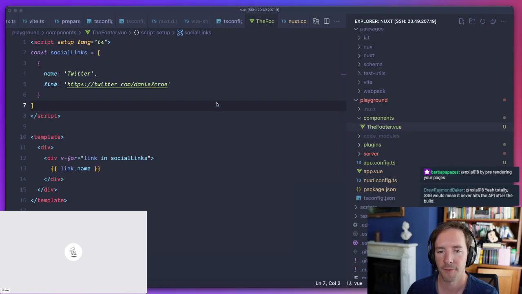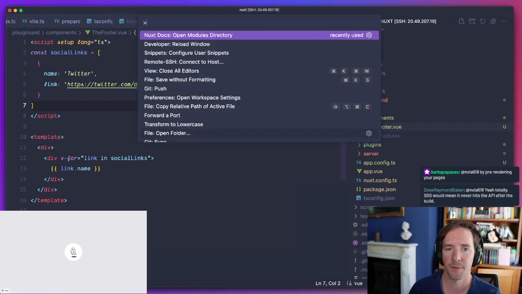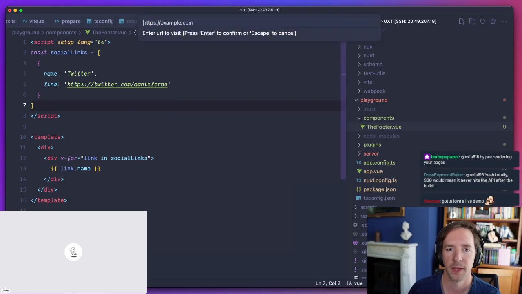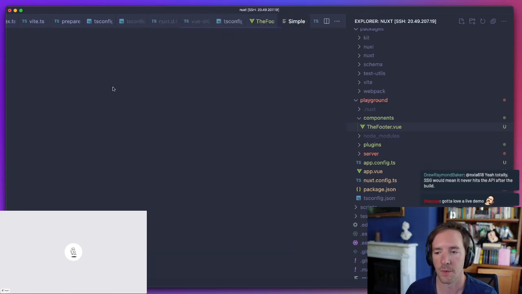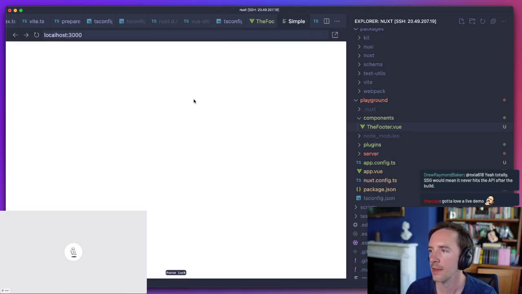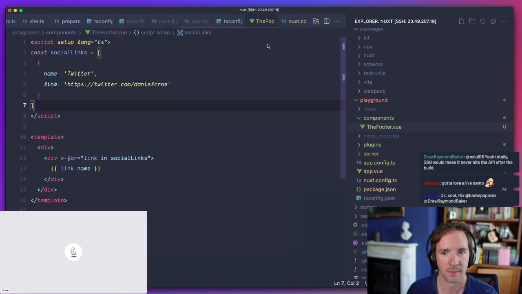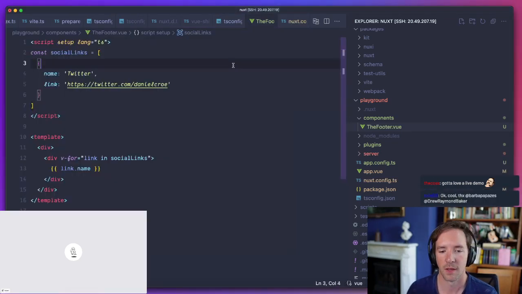Everything is working fine at the moment. If I were to open that browser, it's going to render the page, which again is not that beautiful. Do I need to restart maybe because I reloaded my window?